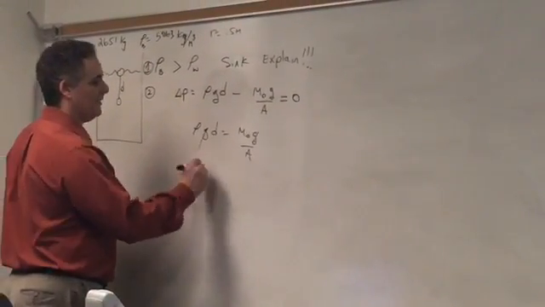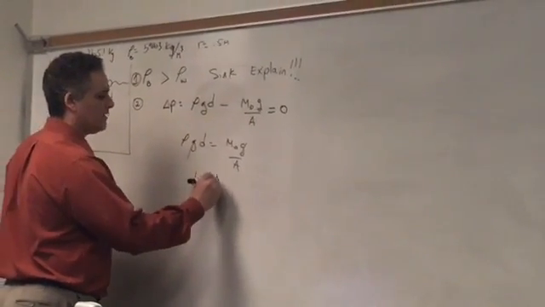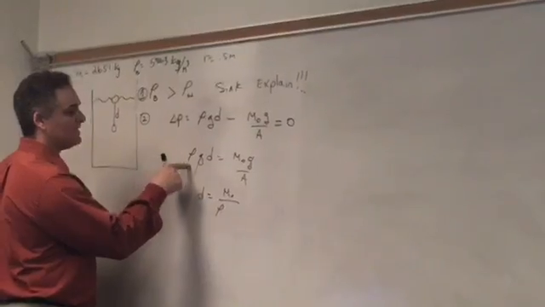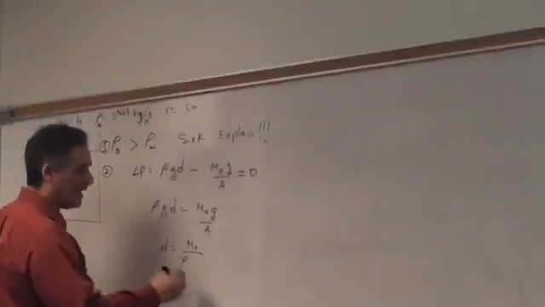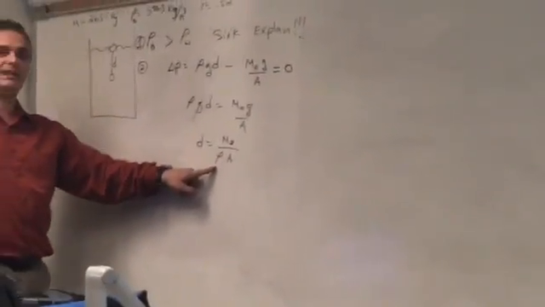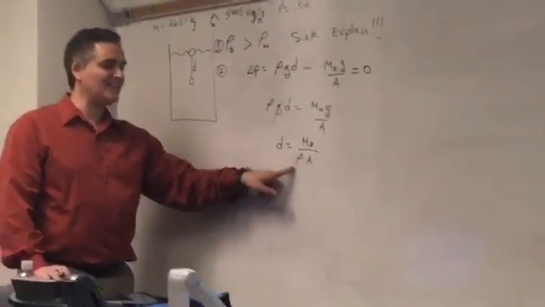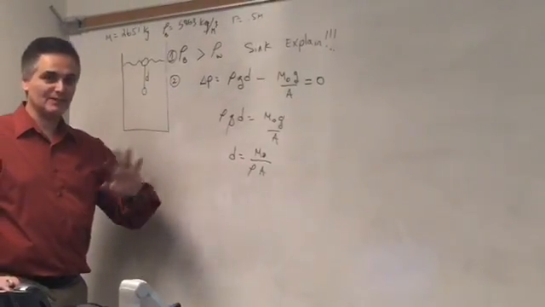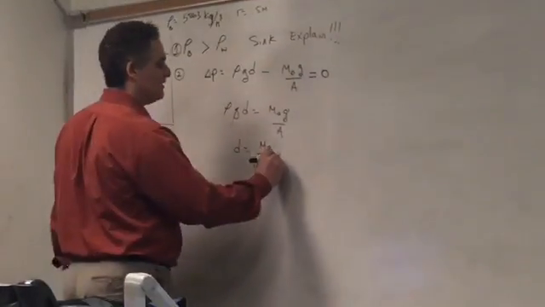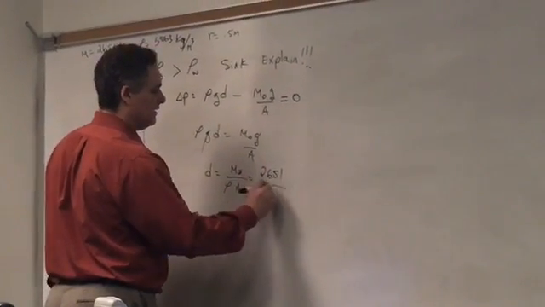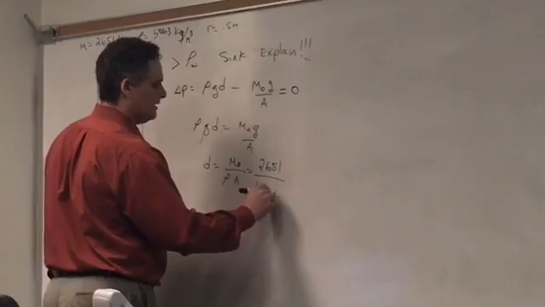Okay, so we need the depth here. So basically depth equals the mass of the object over the density. And remember, this is the density of the fluid, not of the object. Quite a few of you are going to make this mistake and then come crying to me later. This is the density of the water in this case. Are we clear? Okay, so this is 2,651 divided by 1,000 times